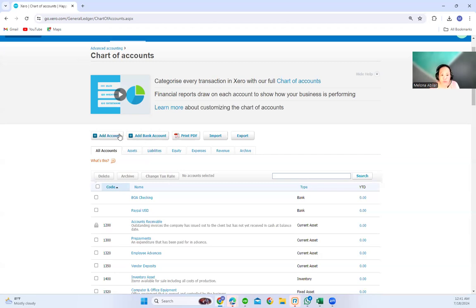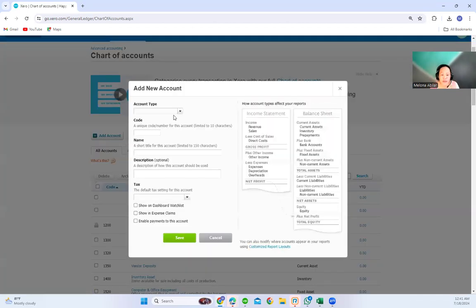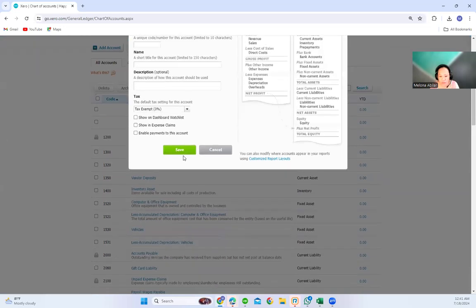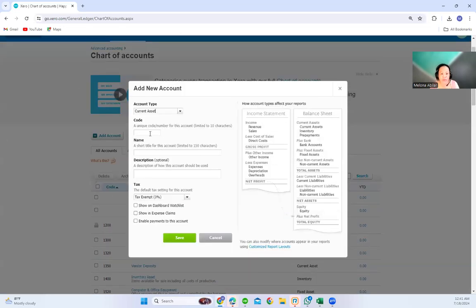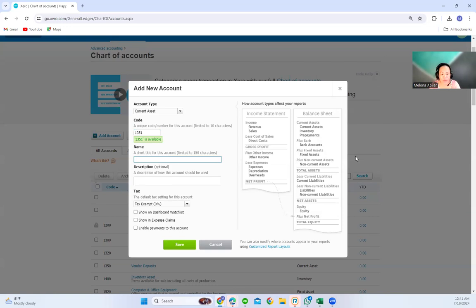We are adding three clearing accounts, and the account type is current asset. We are going to use code 1351.